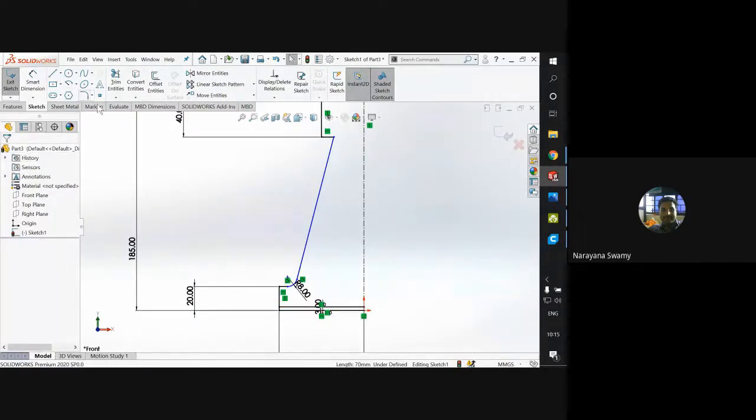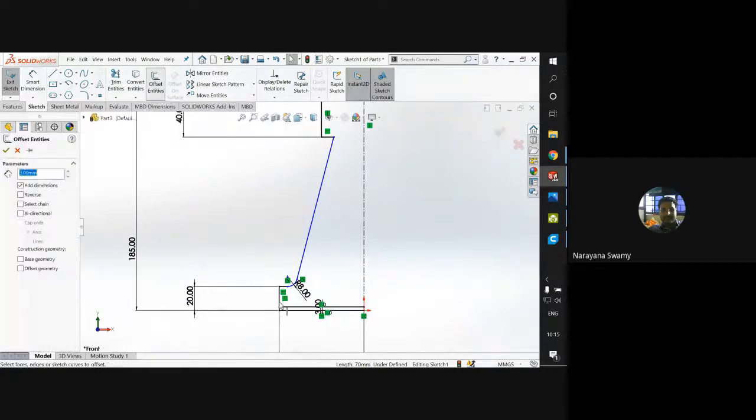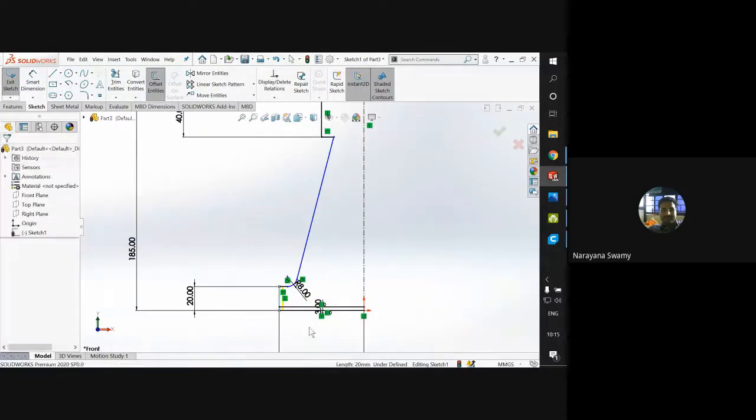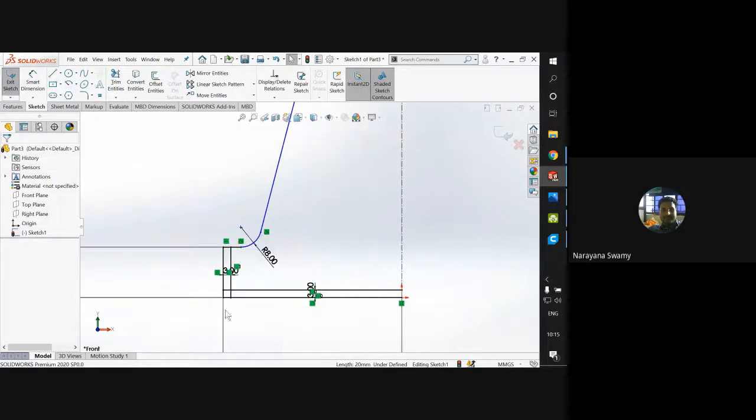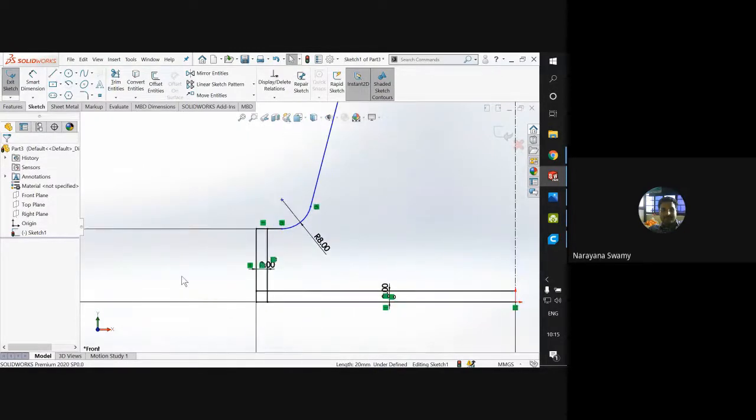One more thing we want to do here is, for this line we don't know exactly where it is situated. So we'll take a default 3 mm to this side itself, then we'll check how we can go with that method. Now what we have to do here is delete this dimension, or else there will be a conflict over the dimension.